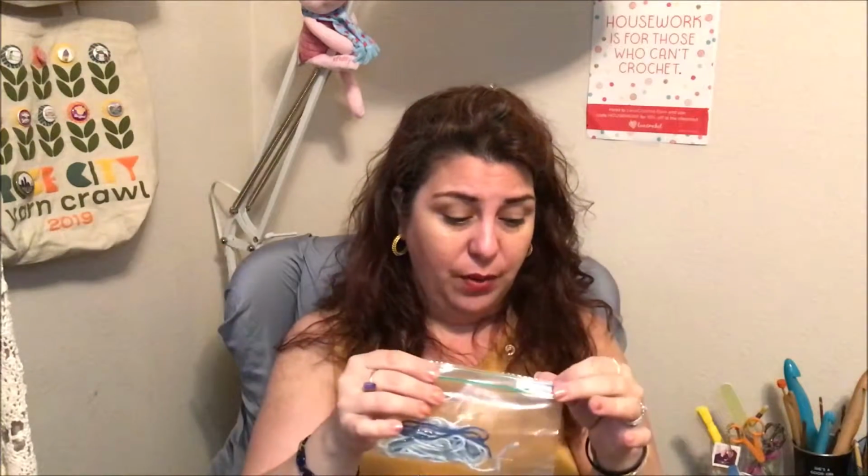So we want to make sure we're not leaving them everywhere where the birds can get to them. So this is really important, that we clean up after ourselves and be responsible for what's going on around us. But another thing that this also does for us, so I keep with me in all of my bags